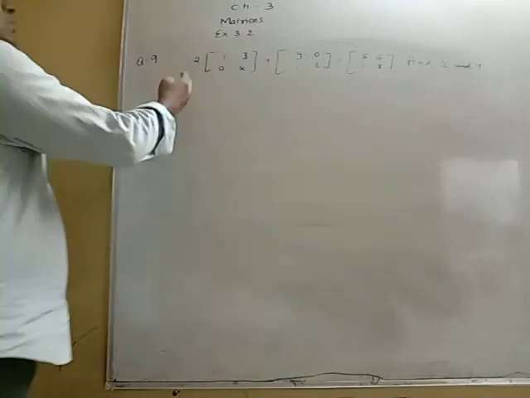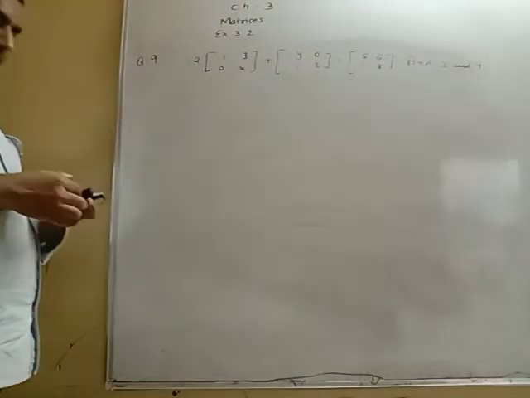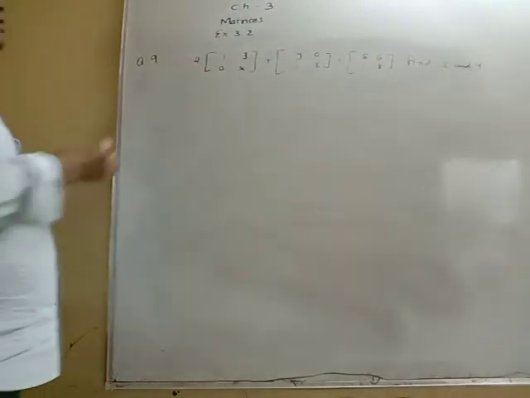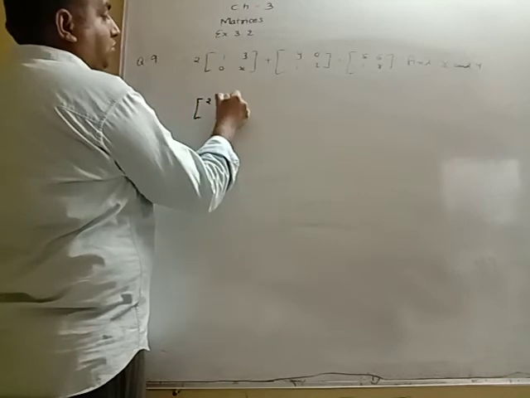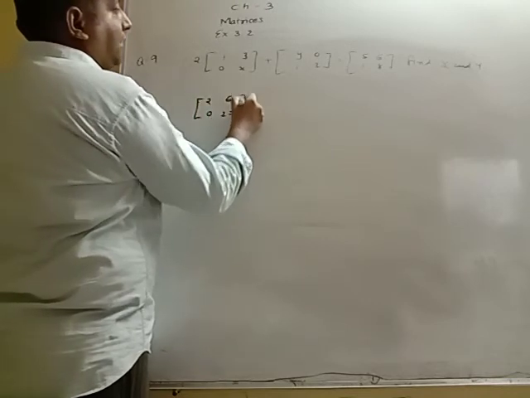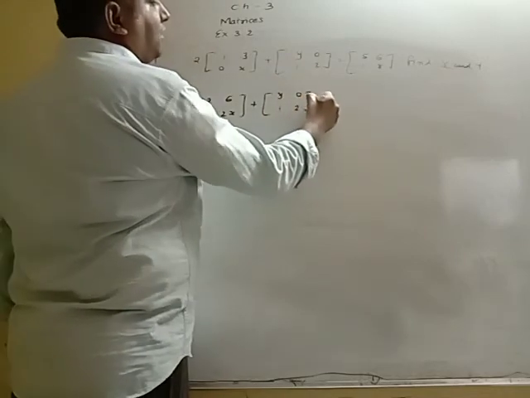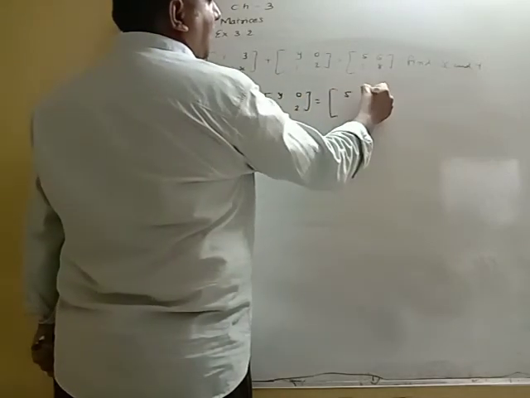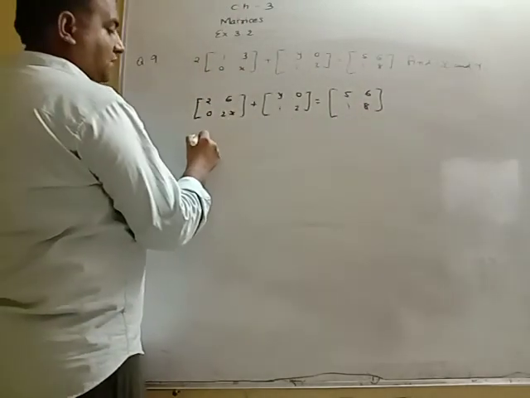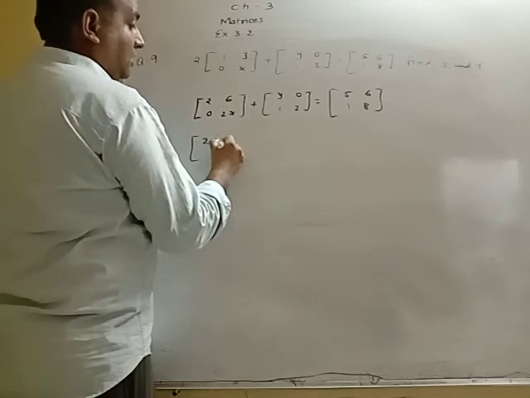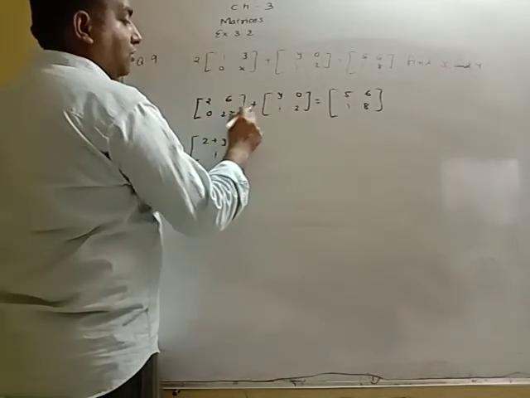Now we have the question: 2 into 103x, y1 0 2 equals 5618, and find x and y. So 2 multiplied inside, then it will be 2602x plus y012 equals 5618. So we add them: 2 plus y, 6 plus 0 is 6, 0 plus 1 is 1, 2x plus 1